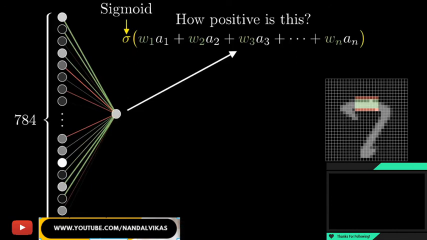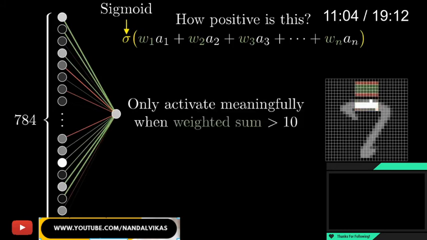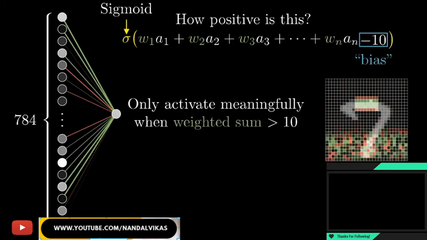So always when we find out the activation value at any point, it will be with the help of a sigmoid function. सो उसके बाद हमने एक बायसिंग टर्म और लगाई है इसके अंदर। बायसिंग टर्म हमारी क्या कर रही है, हमारा जो वेटेड सम है वो हमारा 10 से बड़ा होगा तभी हमारी वैल्यू मीनिंगफुल होगी। तो यहाँ पे मैंने बायसिंग -10 रखी है। इस वीडियो के अंदर से दोबारा अगर आप पढ़ना एक बार इसको कि बायसिंग क्या कर रही है तो आपको और ज़्यादा क्लियर होगा बायसिंग के बारे में। तो यहाँ पे 10 लिख रखी है, 20, 5, 4 कोई भी हमारी बायसिंग वैल्यू हो सकती है, जिससे हम अपनी वैल्यू को 0 to 1 के बीच में स्पेसिफाइड करते हैं।